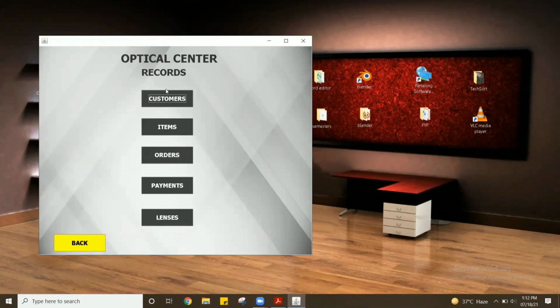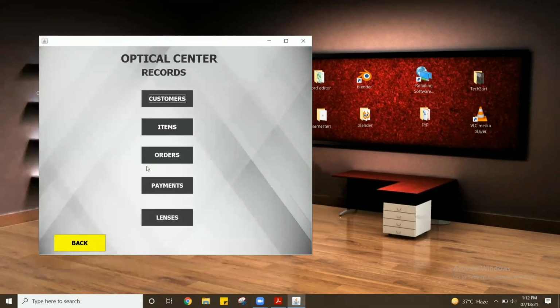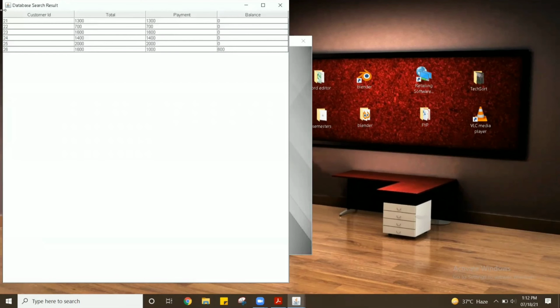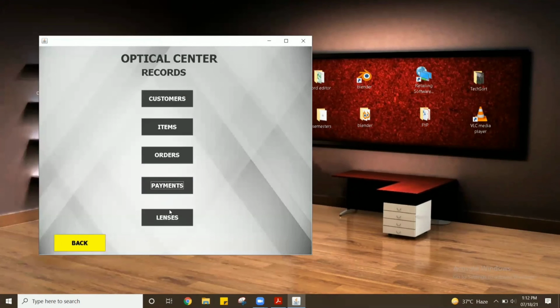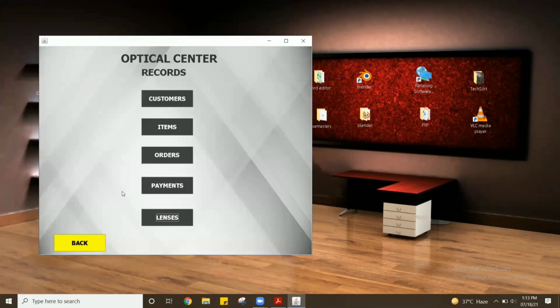We have customers, where customer 26 has name ABC, contact number this, and address XYZ. Similarly, payments: customer 26 has total amount 1600, paid 1000, and remaining 600. And the lens order of customer 26 was this with these specifications, and so on.